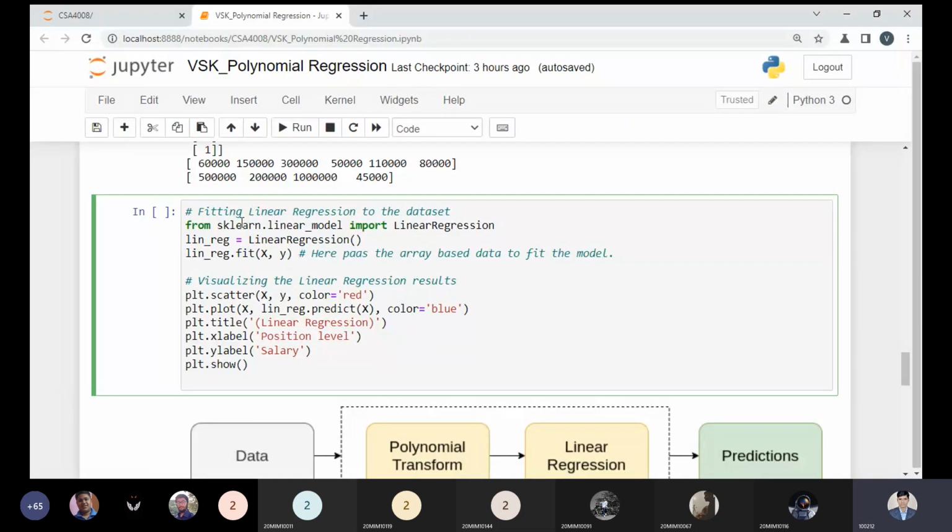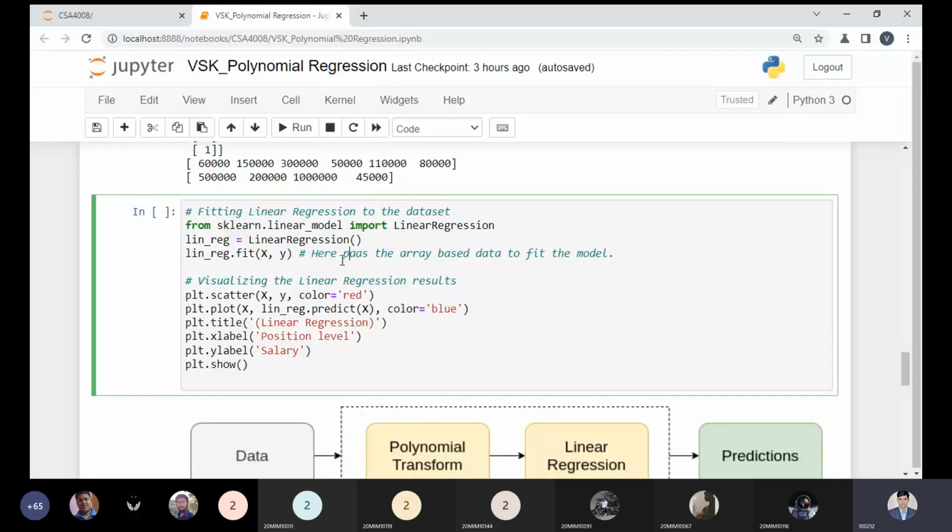From the sklearn library, I'm creating the object lin_reg, using LinearRegression, and I'm fitting my model to the actual data values, X and Y. I'm not using the training data. If you want to depict your regression diagram with the actual data points, then rather than X_train, X_test, Y_test or Y_train, you can pass the actual values. So I'm passing the actual data here.